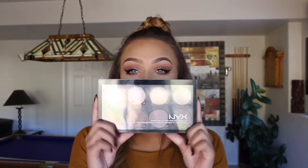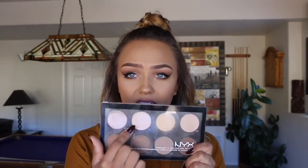Let's move on to my contour kit. I use this contour kit in every video that I've done so far. It's the NYX Highlight and Contour Pro palette, and it's amazing. Okay, I got this at the Ulta drugstore section. You know I'm like a fan for NYX, of course. And it comes with all the colors. Mine's really dirty, but it has like the banana color and all the browns, and it's perfect for my skin